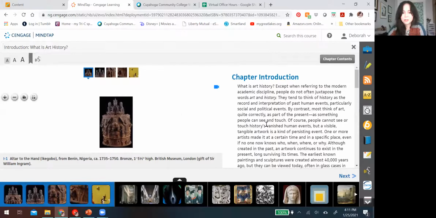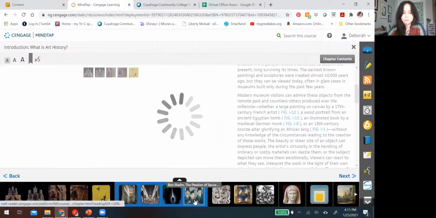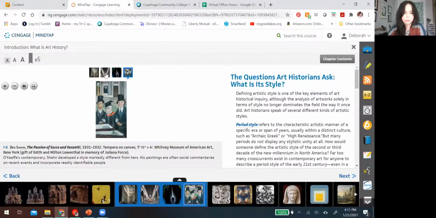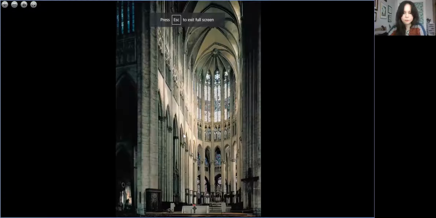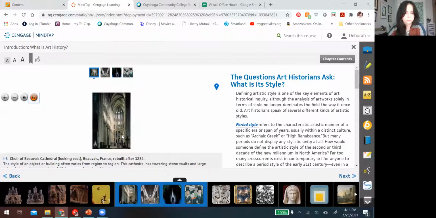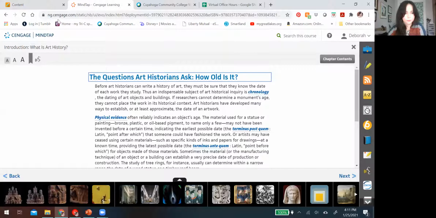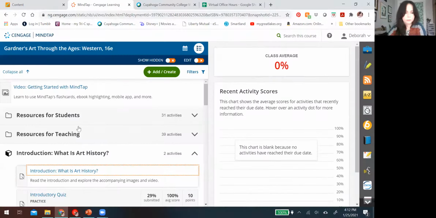So be thinking about as well how you want to approach the images. What type of viewing would best help you? Because, for instance, with architecture, this is a photographic shot inside a cathedral. But you might want an even better look, right? So if we go back to our resources here,